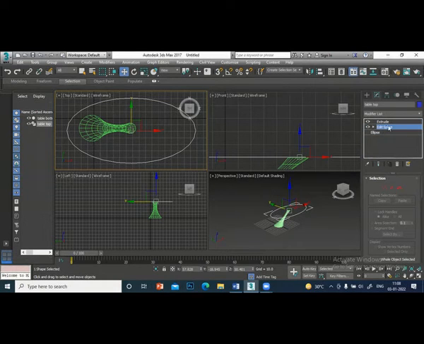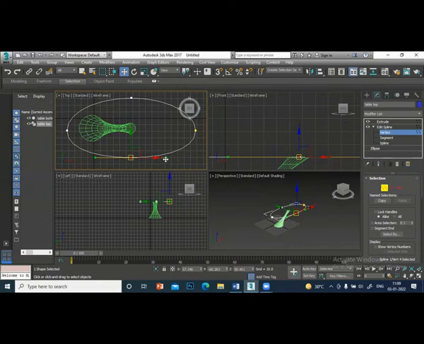Okay. Now in the edit spline, there are vertex here. So there are 4 vertex for this. I'll select this vertex. I'll modify a little bit. You see here? I made an old type, a little. So I finished the editing.